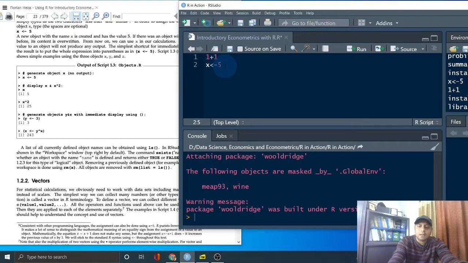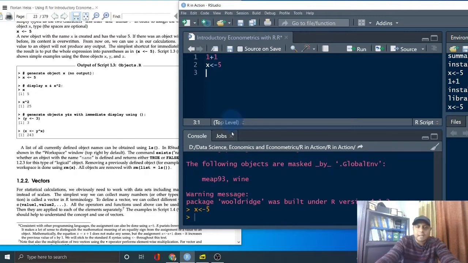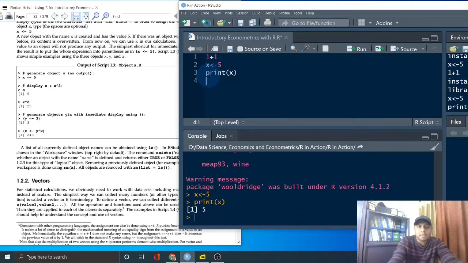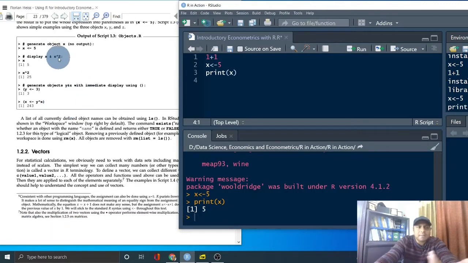So Control Enter, and now if you write X, or if you just say print X, this will give you 5. You see, this will give you 5. So this is how it is object oriented programming, and it will display like that. Gradually this is what it shows. Now there are some examples given here.